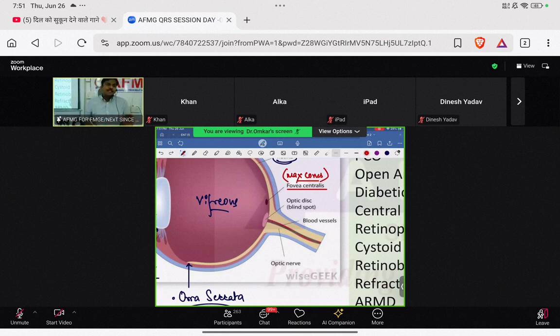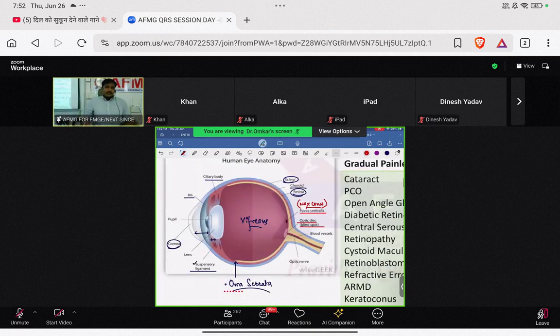Please tell me बेटा, will there be any image formation on optic disc? No, because the optic disc does not contain any rods or cones. As there are no rods and cones on the optic disc, there is no image formation on optic disc, and therefore it is called as physiological blind spot. तो optic disc बेटा in the visual field will be considered as a physiological blind spot क्योंकि यहाँ कोई image नहीं बनती. ठीक है? So that is what is important.